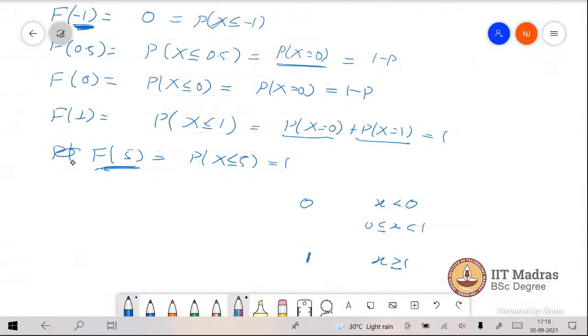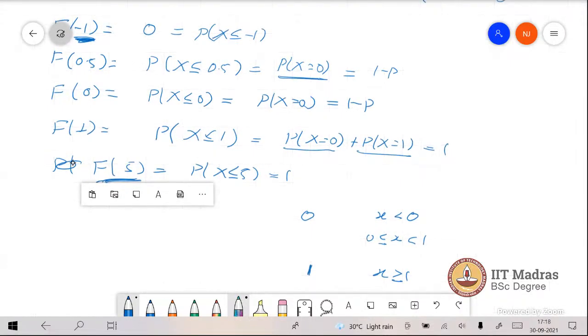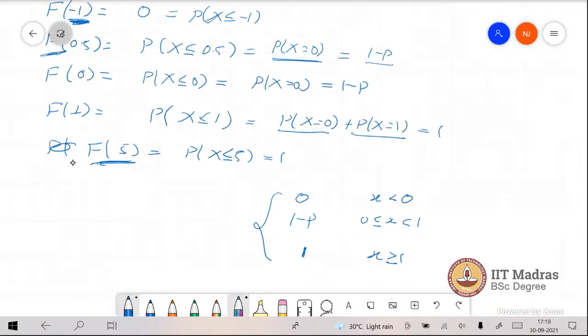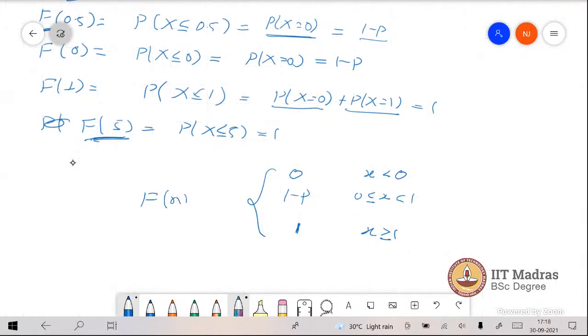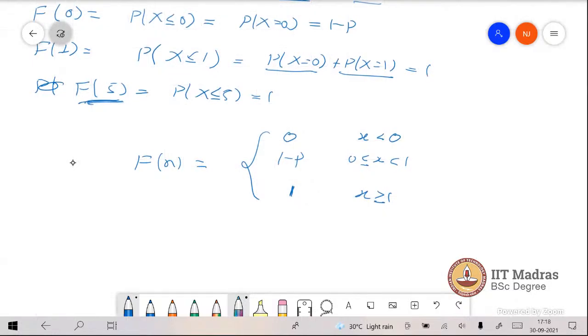But if x is between 0 and 1, then the function's values of f become 1 minus p, right? So this is how you define the CDF of a discrete random variable. Now look at, there is the gap, jump between these points. At 0, at 1, there are gaps. If you draw this picture,